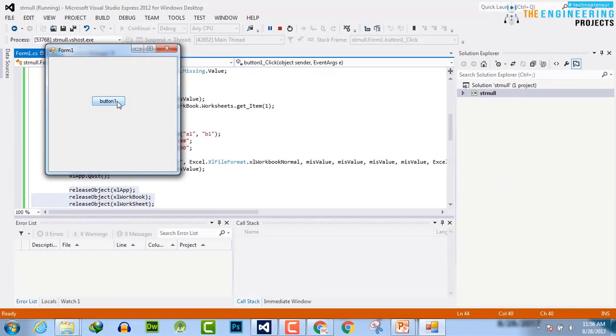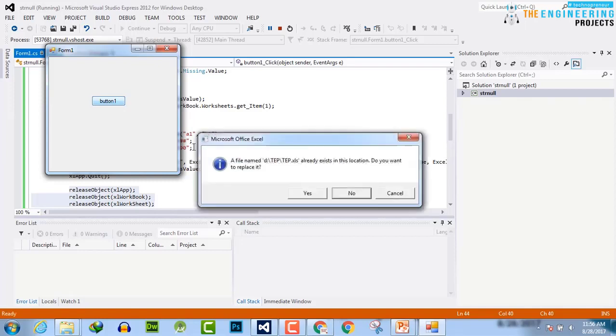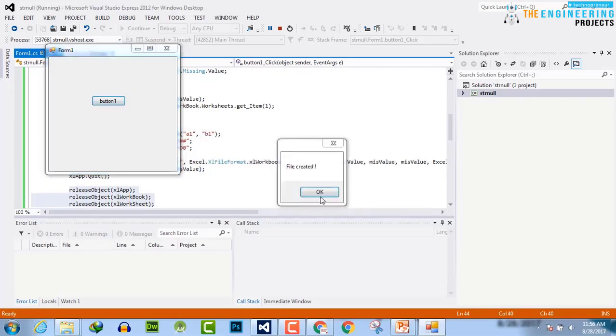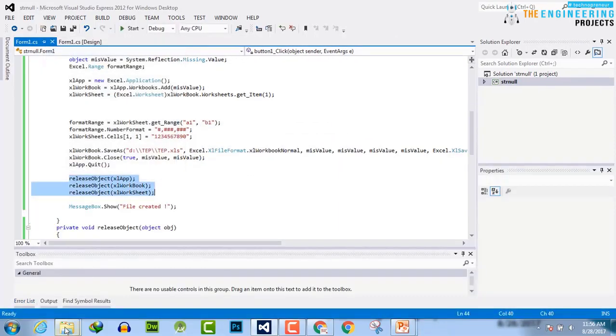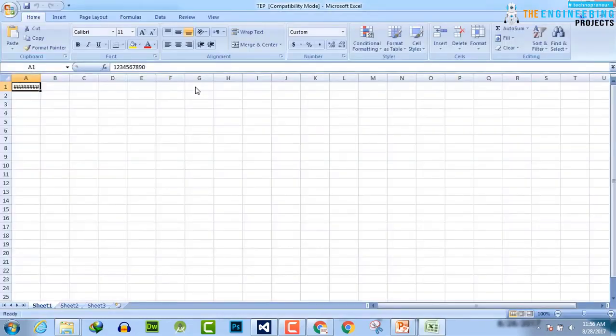which asks whether we want to create a file overriding the previously created one. Like this, you can see the file already exists. Do you want to replace it? Yes, we want to replace it. The file is created. Now go to the file, open it, and here you can see that the value is 1